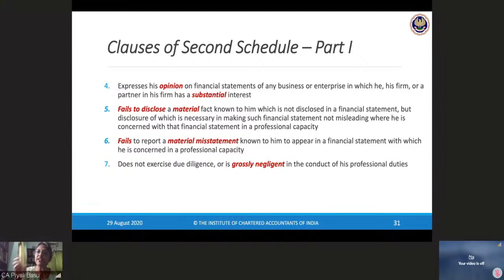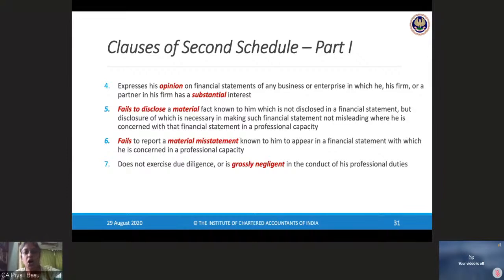Whether it is qualified or not depends on the materiality concept. If you think it is of a material nature, it can either be qualified or come as an emphasis of matter, or if it is not, it can come as a note wherever there is scope to give it. Okay. Now coming back to clause 7, it doesn't exercise